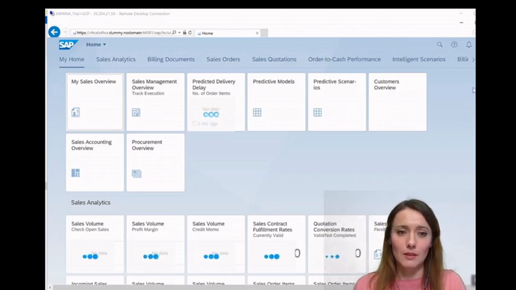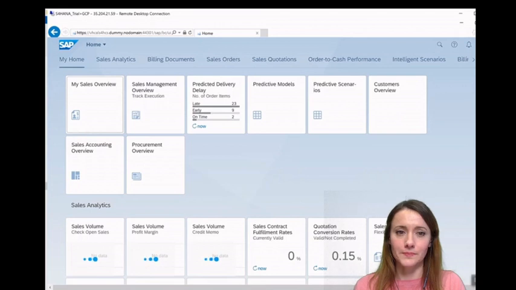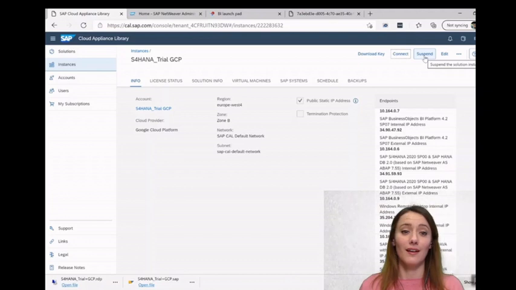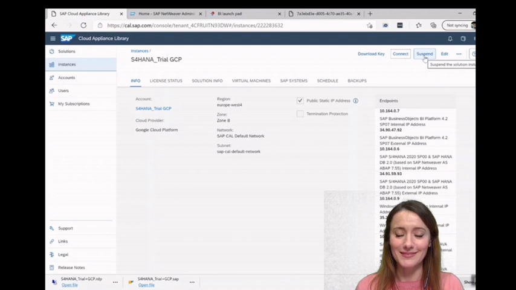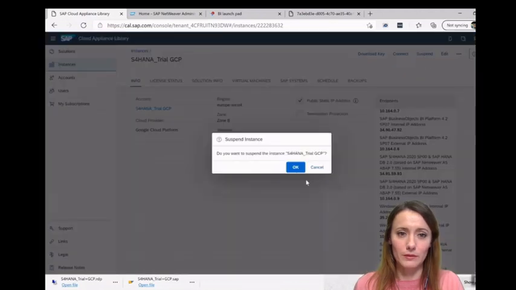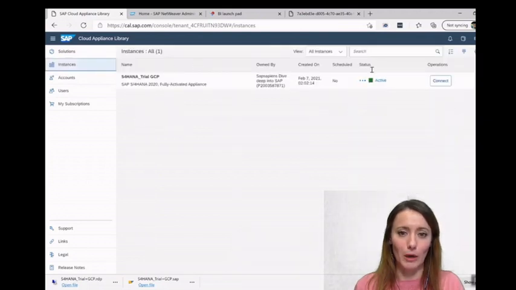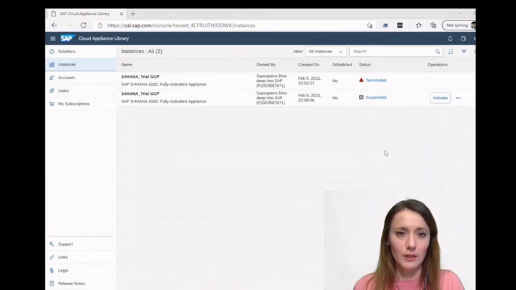So let's log out. It is super important that you remember to suspend the instance, otherwise it will continue counting the hours on the server for the cloud provider. So I'm going to teach you how to suspend it. You press the button suspend. This is a quite slow process, so I'm going to cut bits. Suspended.